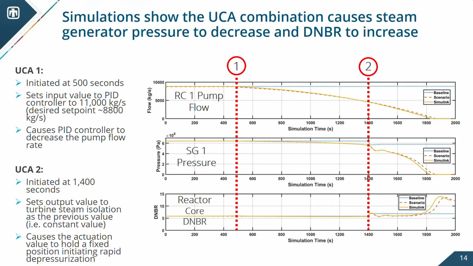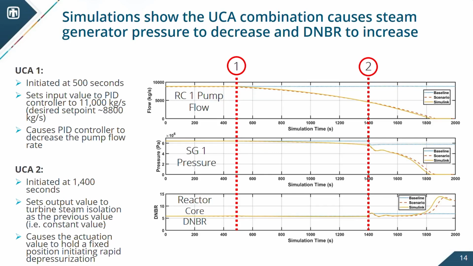We started that at 500 seconds. And it took 1,300 seconds to take it down to 0. Right? Pretty bad day. You're not so good. You're losing that primary coolant. Essentially, you're no longer transferring heat from the core to those steam generators. Right? But then we looked at the steam generator. And we said, hey, what happens if we have a UCA on the steam generator to take the pressure to 0? And this is the maximum harm example.